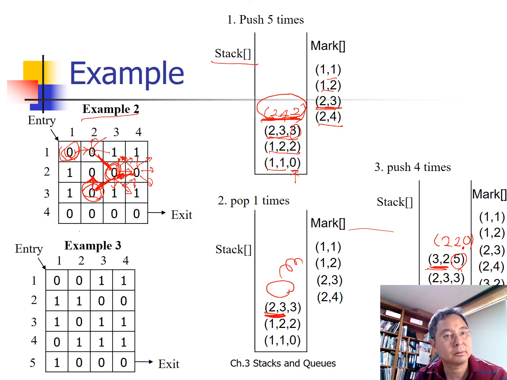And the 2,2 will be stored in the mark also. But this is an end point because there are no possible directions from 2,2. So we will pop this one also. So 2 pops will be used in this solution. So we go back to 3,2 here, and now we will find